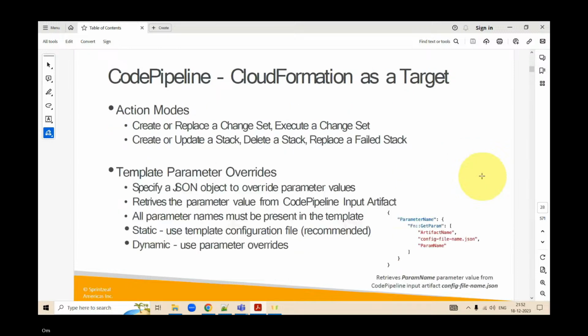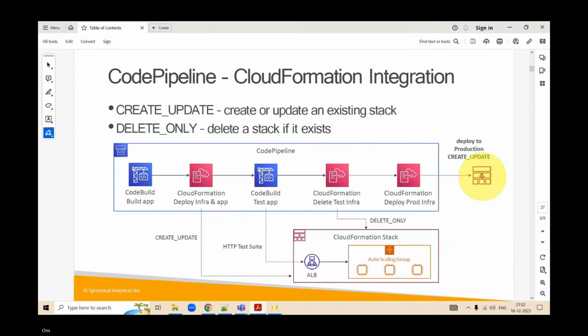Fine. I don't really understand that part yet. Okay. So what happens is, assume that you have a stack which you want to deploy into production. Now, when you want to deploy a stack into production, you create a test stack. If that test stack is completely working fine, then you would delete that test stack and move only the production ready stack into the production environment.